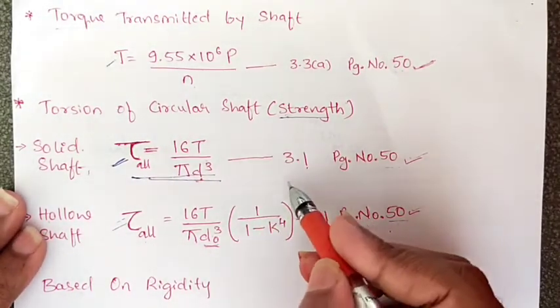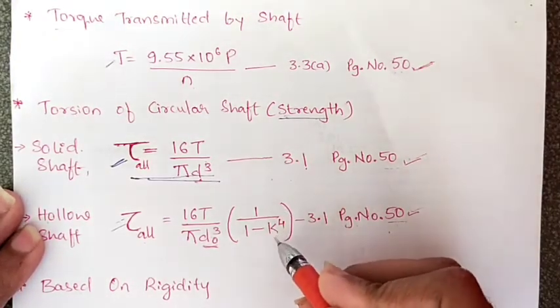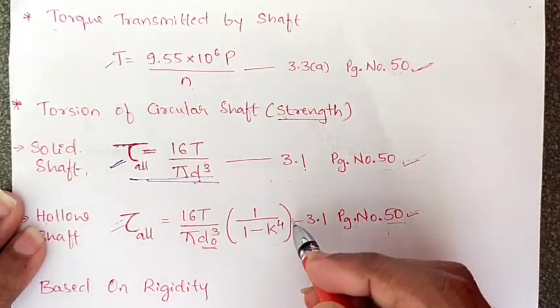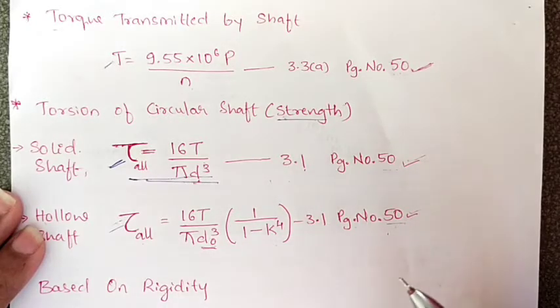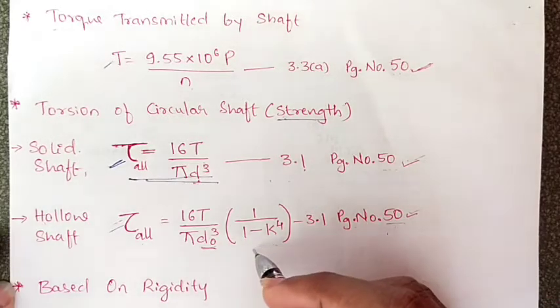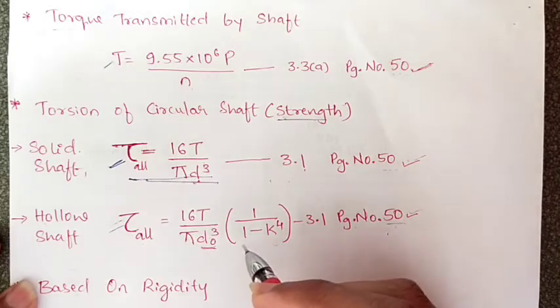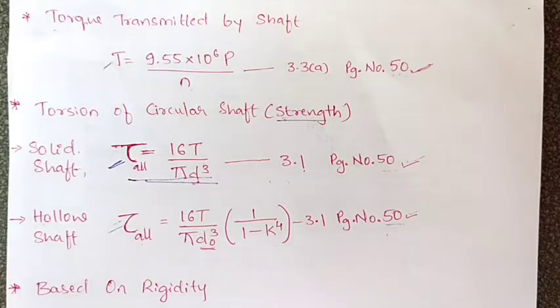Now we have covered all these types of problems on solid shaft. So today in this class we will be taking hollow shaft. We have already taken one or two problems on hollow shaft. As the probability of asking hollow shaft is more, we will consider another 2 or 3 problems on this, so that the procedure will be clear to you. So we'll directly go for hollow shaft.